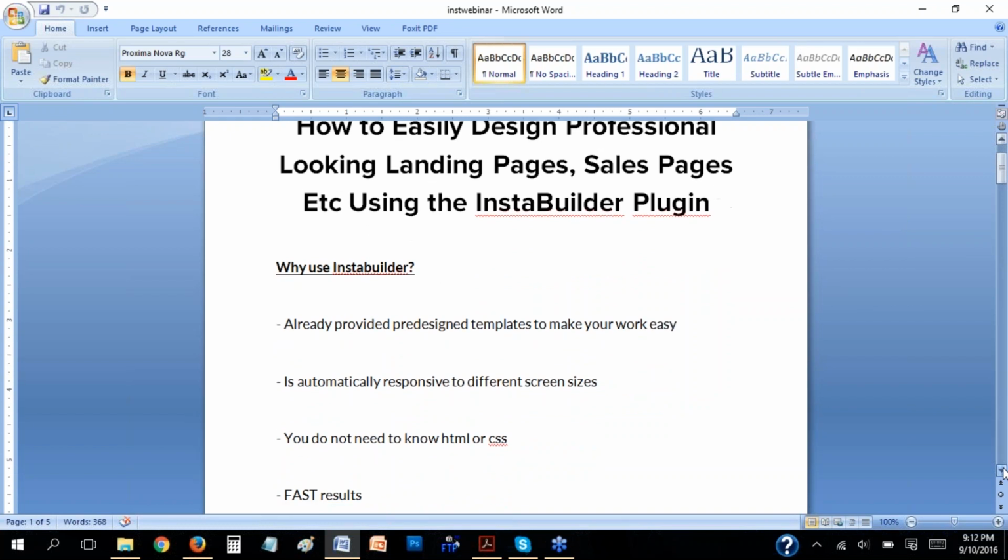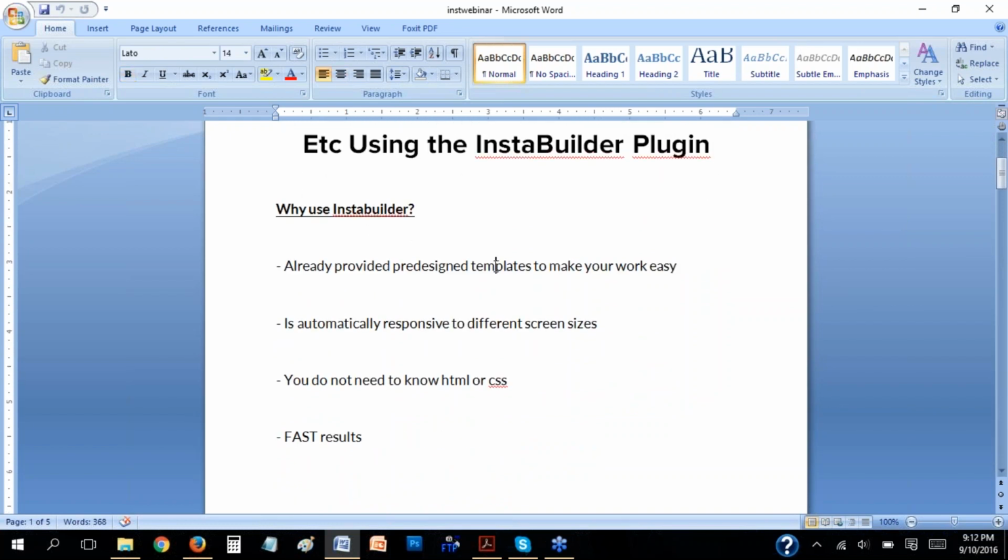Now, let me just give you an intro to this InstaBuilder thing. InstaBuilder is actually a plugin that you install on WordPress and you use it to basically design your website. The good thing about InstaBuilder is that it already has a lot of pre-designed templates that you can easily make use of and get your site up and ready very fast. Then another good thing about it is that it